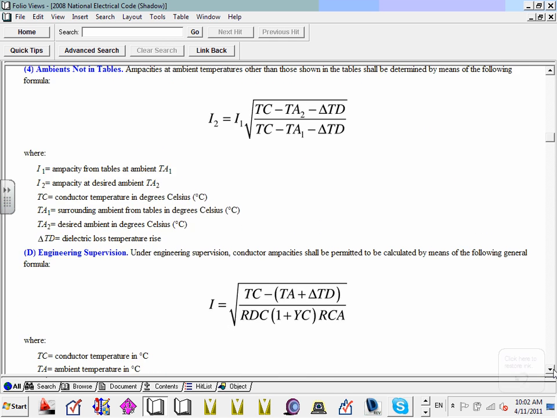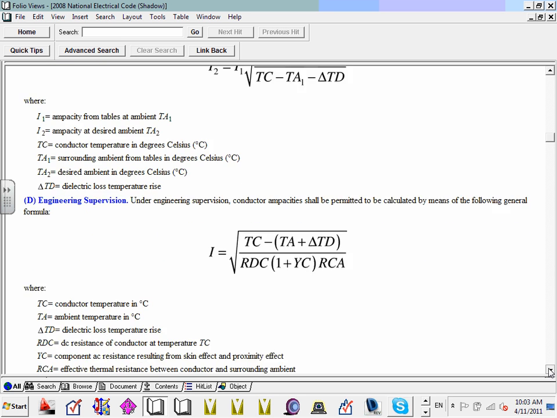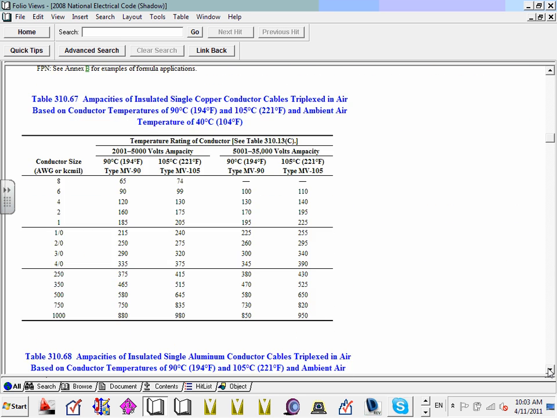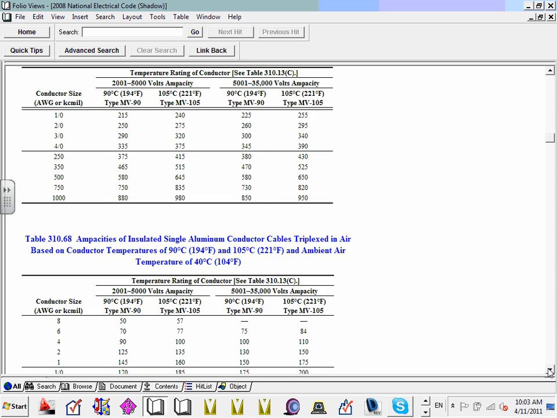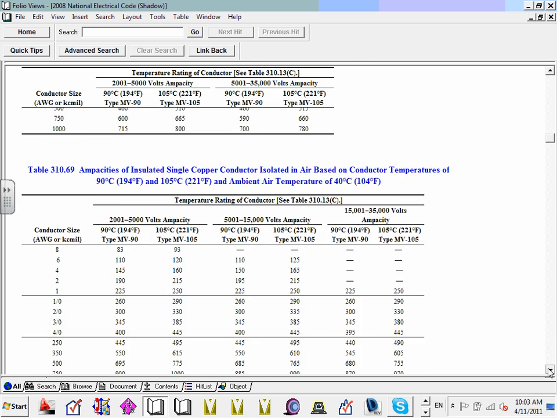By the way, can engineers do a different calculation for medium voltage? Yes, with engineering supervision, you can use this table to come up with a different application. All right, here's the first 10. I'm going to go all the way to, there's a few of them, guys. I'm going to go to my favorite, which is